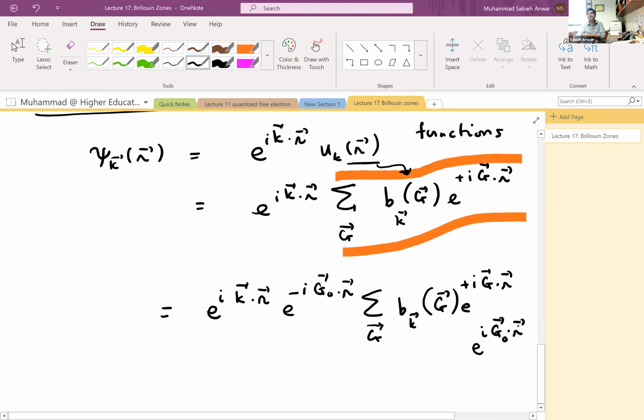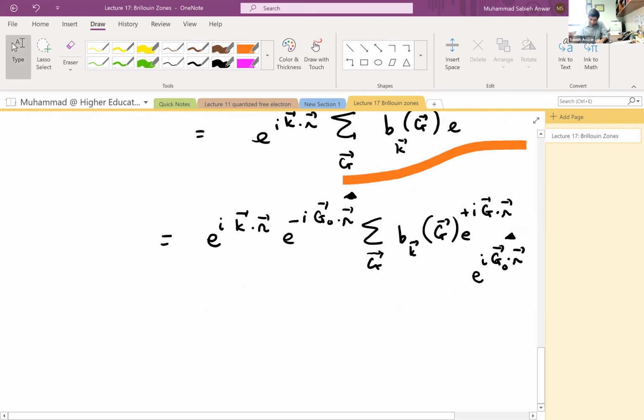So what I've done is I've picked a particular reciprocal lattice vector G naught and just decomposed unity into this phase factor and this phase factor